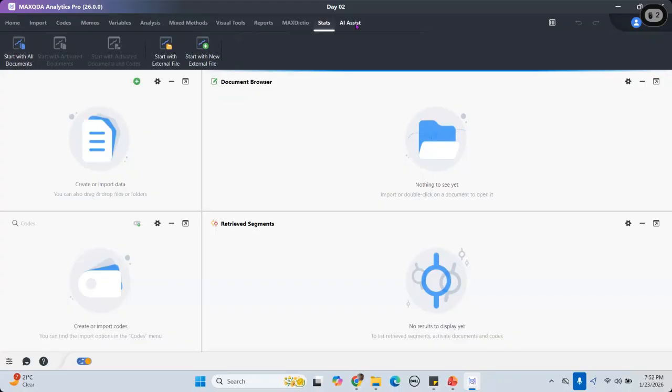And a most important feature, no other qualitative tool is giving such a useful tool: the AI assistant. How it is going to be helpful, what we can do, I'm going to check it out. We are going to discuss it. Okay. So this is the basic interface of what the MAXQDA software is all about. Okay. Now